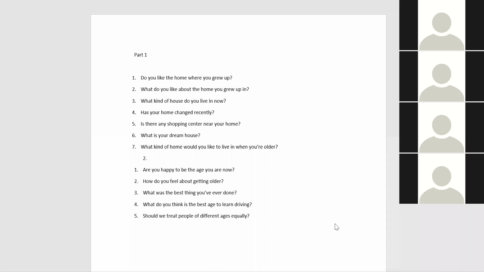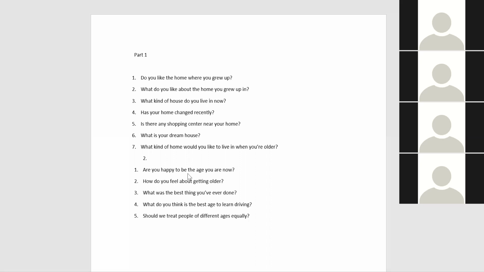What kind of home would you like to live in when you're older? A home with a lot of natural light, and you can say a vast backyard and front garden, so that I can live peacefully and in a relaxed mode. Try to cover the things you want to say in fewer words, just two or three sentences, maybe make a complex one, but finish it there. It's good to participate. It's nice to hear you guys now.